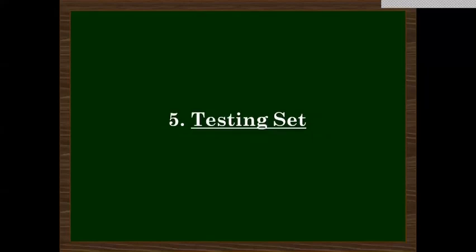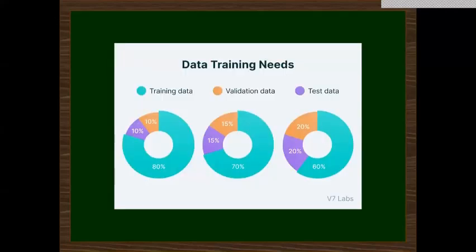Our fifth term is the testing set. It is a set of data which is independent of the training set and is used to provide an unbiased evaluation of the final model fit on the training dataset. The dataset is most commonly split into the following three samples. The optimum split of the test, validation and train set depends upon factors such as the use case, the structure of the model, dimension of the data, etc.